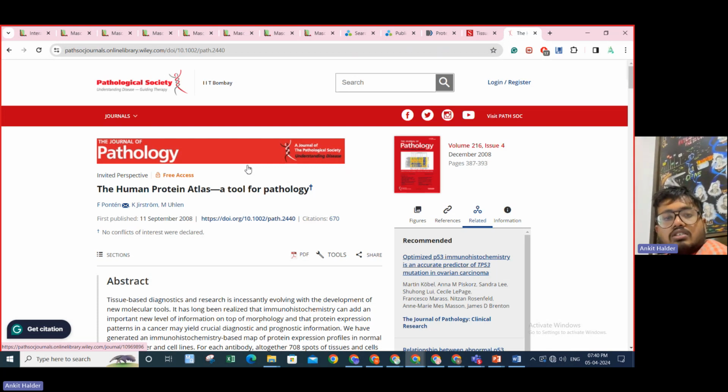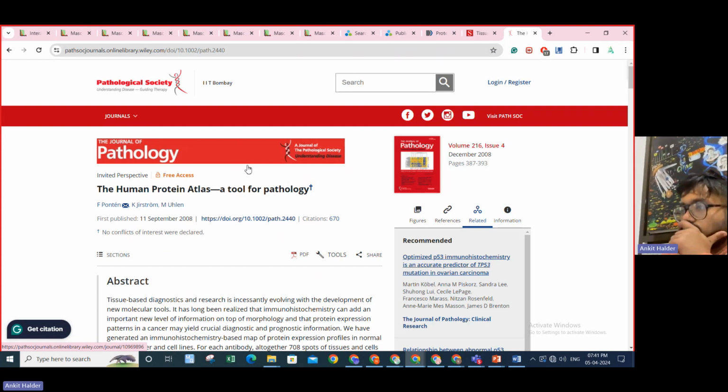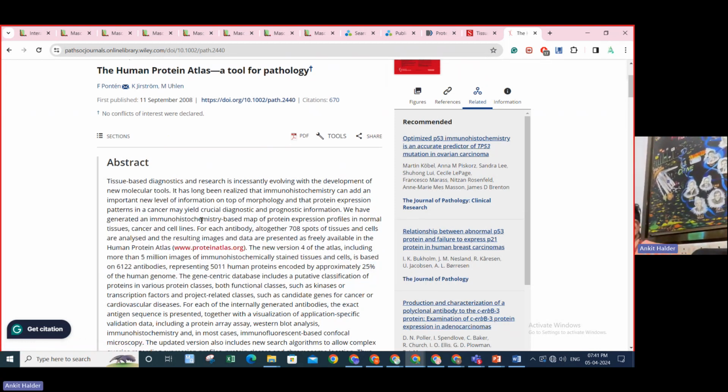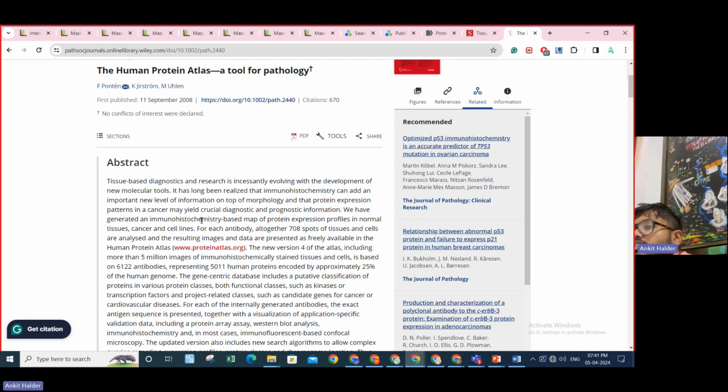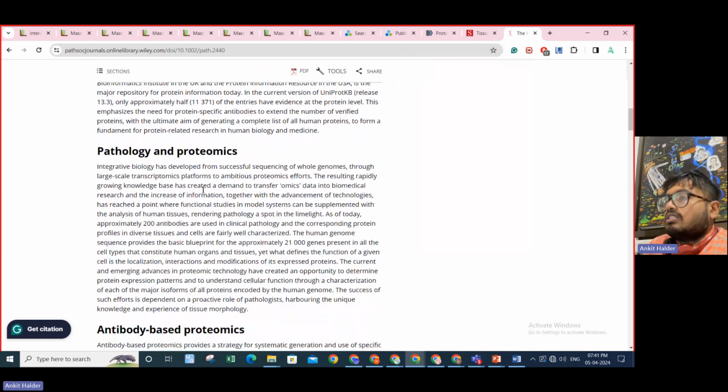The Human Protein Atlas is a tool for pathology, right? Tissue-based diagnostics and research is increasing with the development of new molecular tools. Immunohistochemistry can add an important new level of information on top of morphology, providing crucial diagnostic and prognostic information. So cell lines altogether 708 spots. Human Protein Atlas, human proteome pathology,